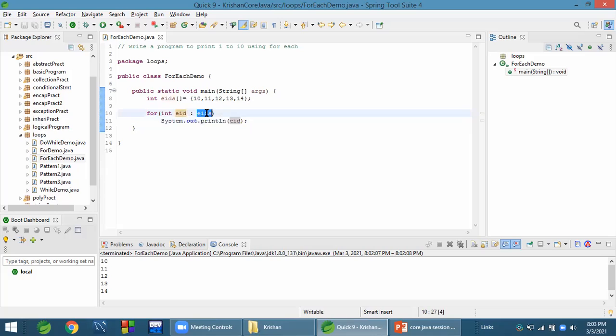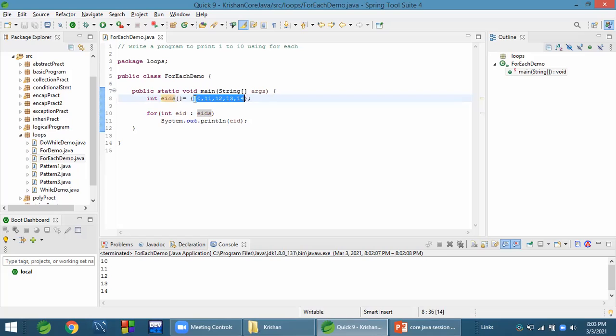Then again it goes to EIDs, it will take the second element. Second element will come to EID, and we can perform operations with EID here. Again it goes and puts the next element into EID, and we can perform operation at the third iteration, and so on till the elements finish.